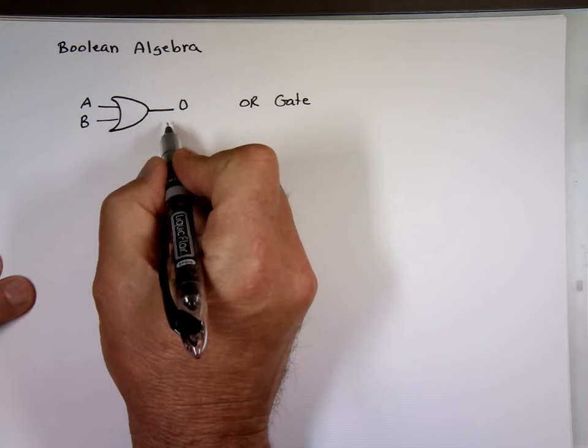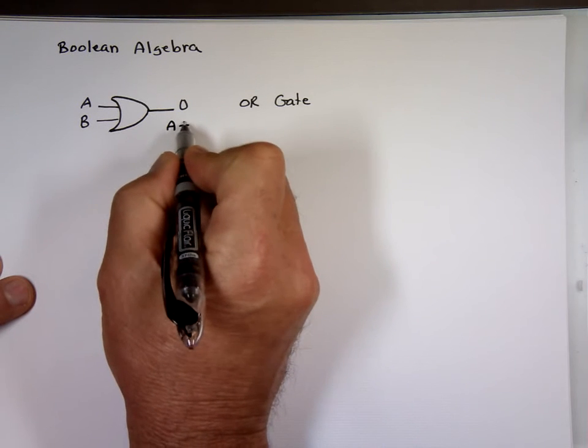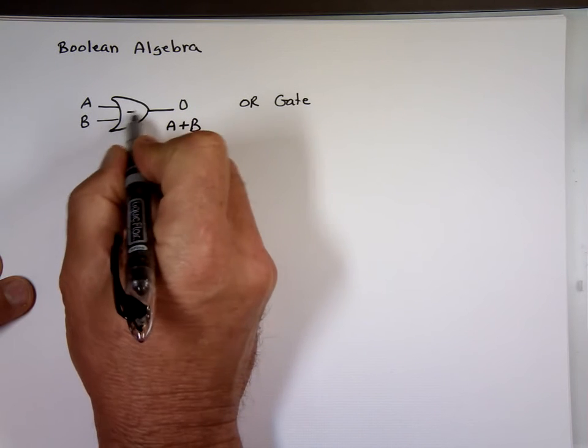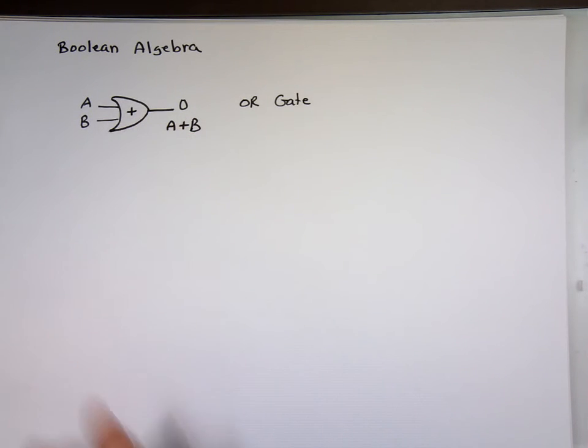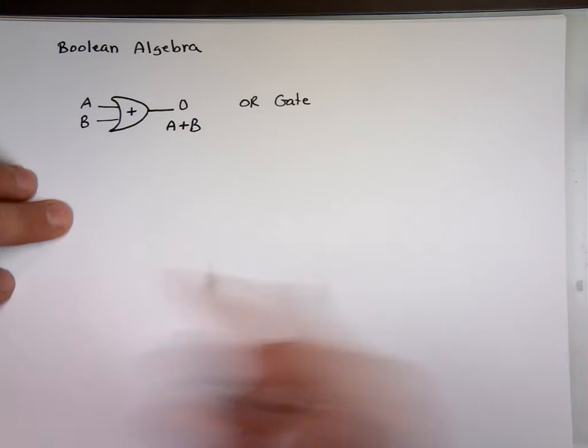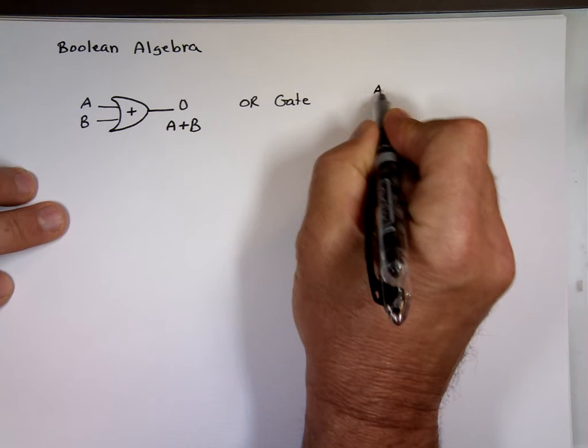So the output of that will be A or B, where plus means OR. So you'll see sometimes a plus inside that to let you know that's an OR gate. Me personally, I never put the plus there. Now the truth table for that, if these are your inputs,